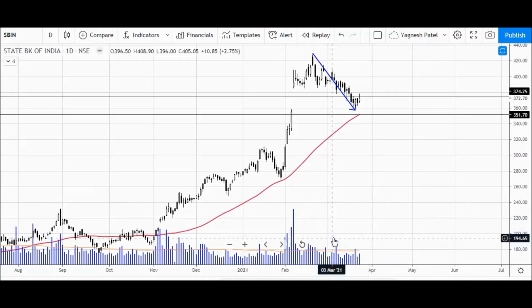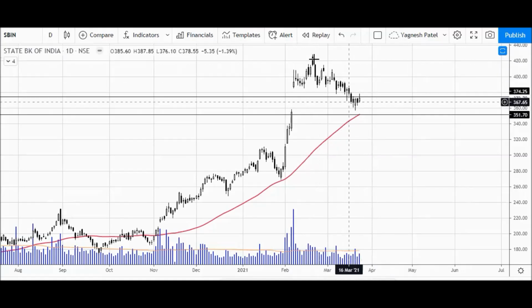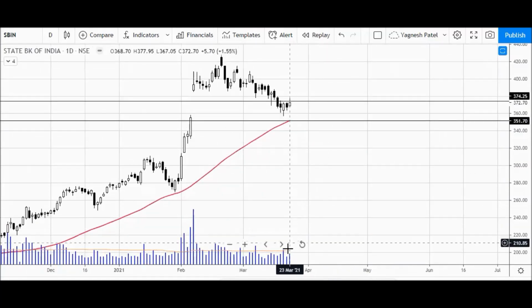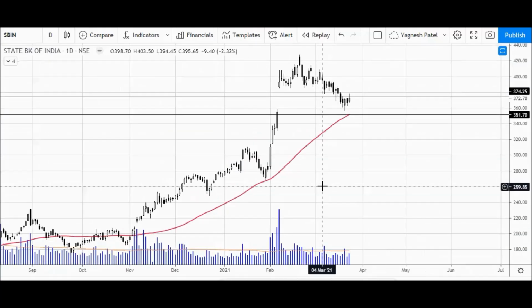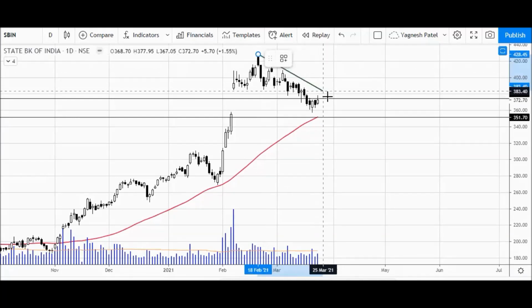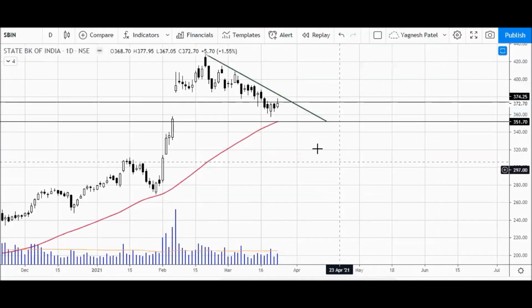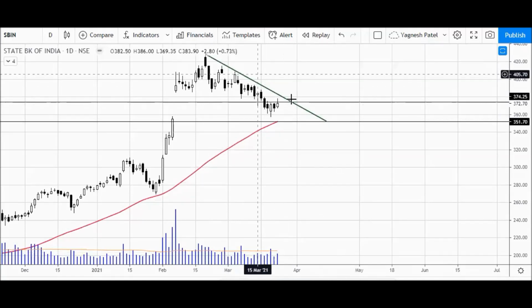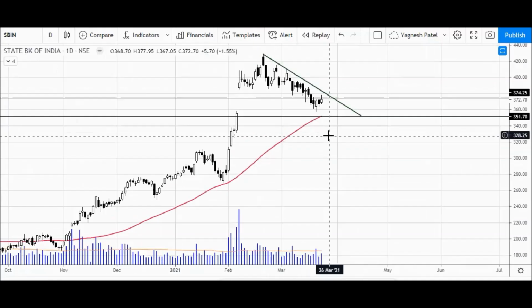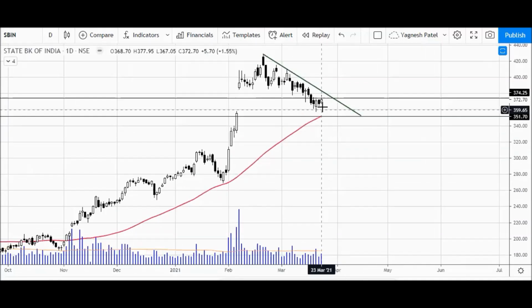So yes, we can simply say this is the move which is not that powerful because of less activity in volumes. Some kind of bullish candlestick appears with good volumes on the same day. That's a confirmation here. So, simple analysis by drawing the trend line. If I draw the trend line like this, a breakout of this trend line will suggest that this downtrend is over. So a nice risk to reward ratio here.